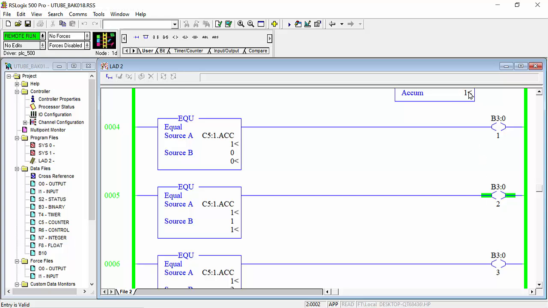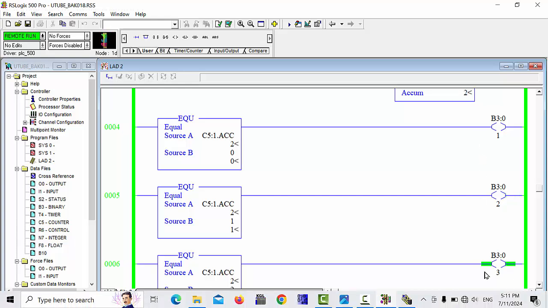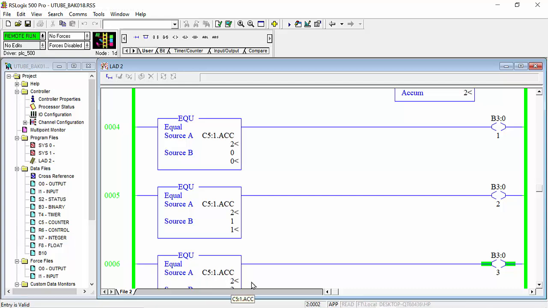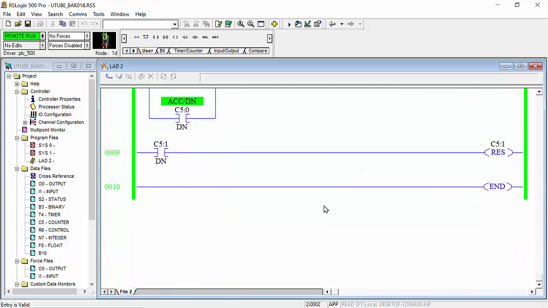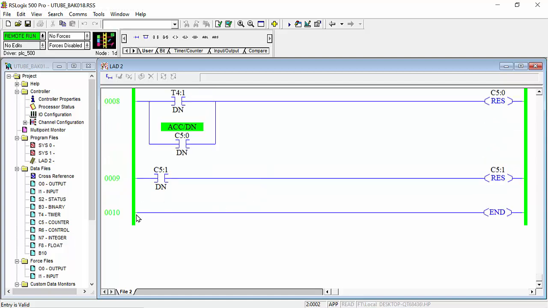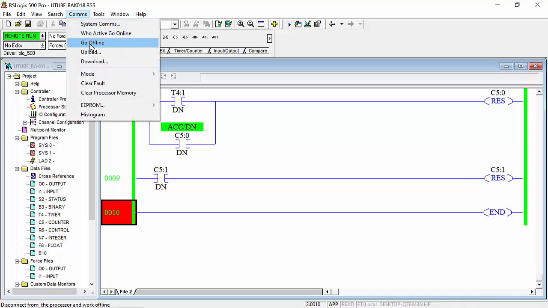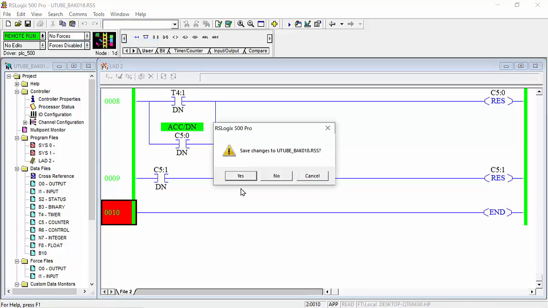When this comes to 2, after our equal command works, bit number 3 will be on. And after this B3:0, 1, 2, 3, 4, here you can make another rows, and you can make your physical output address, give the output address. For example, I will make it for you. See, stop the communication, go offline,